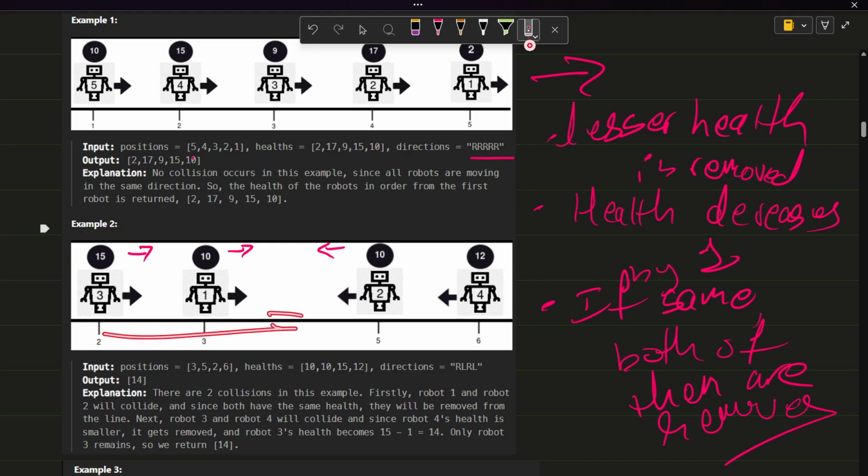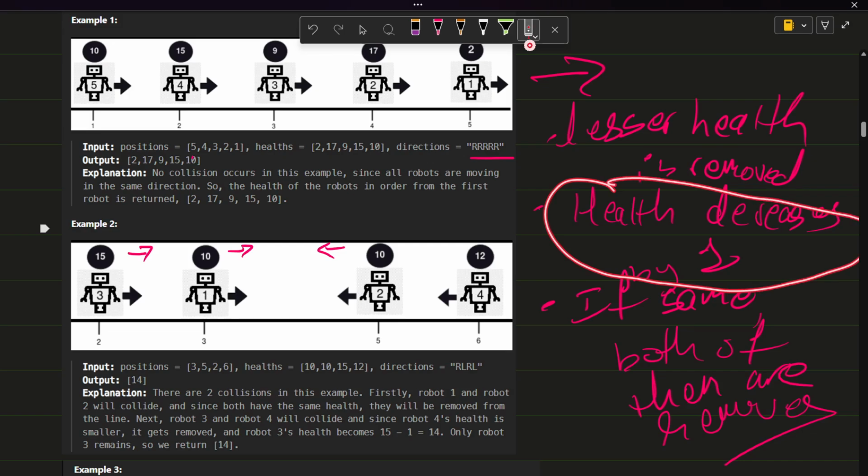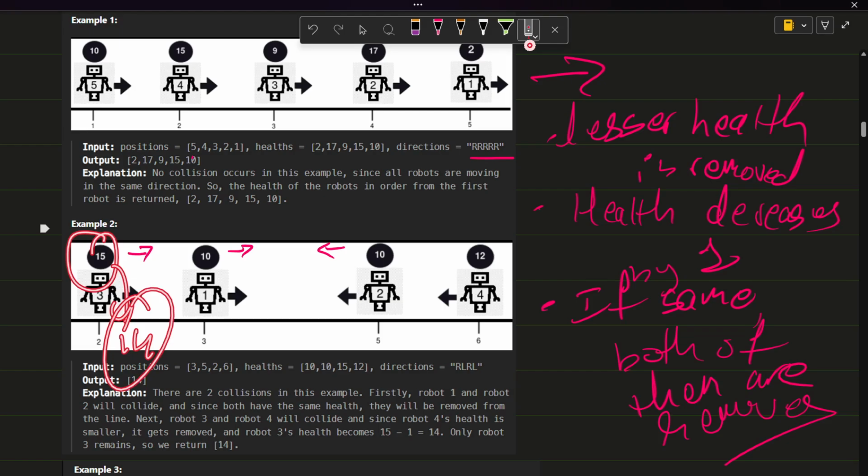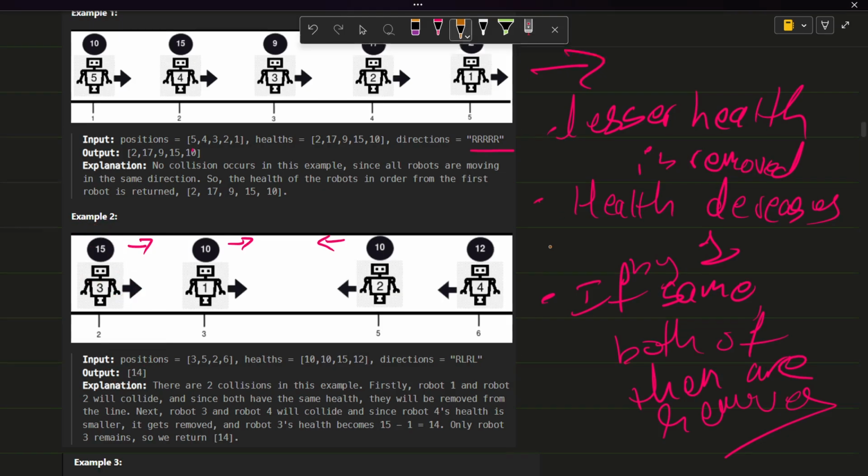This is moving on this side, this is moving on this side. This one has a larger amount of health, this one has a smaller amount of health. So this will be removed, and as we said, the health of the one having larger health will decrease by 1. So its health will be 14. And in the answer, you have to return the health